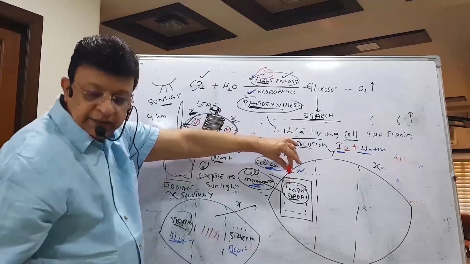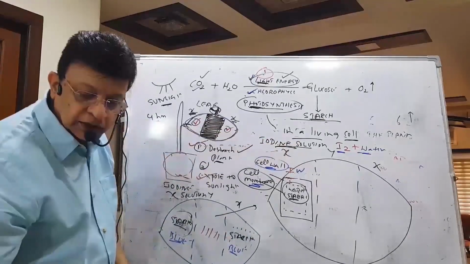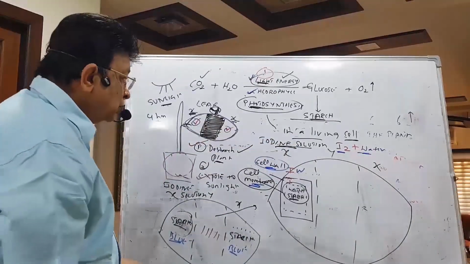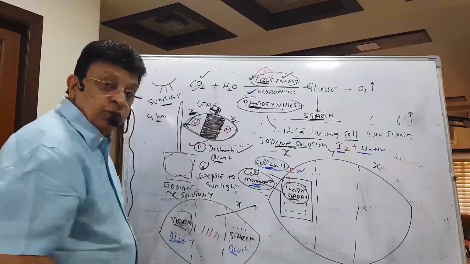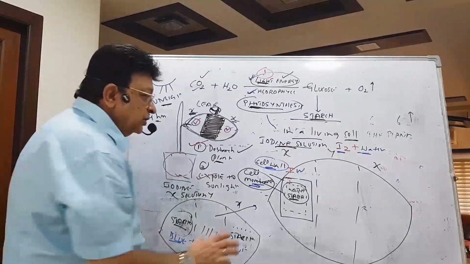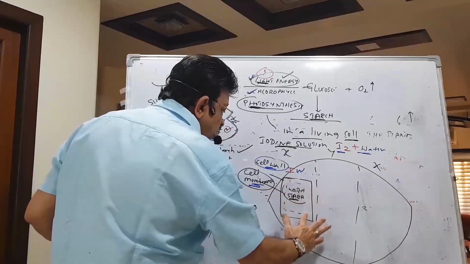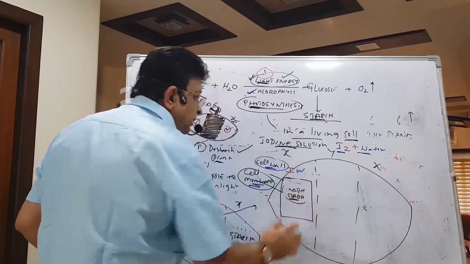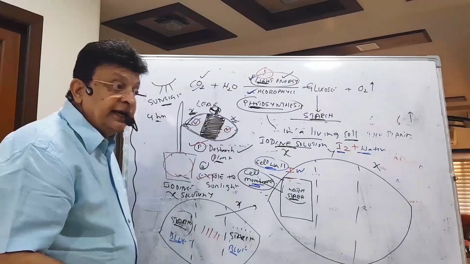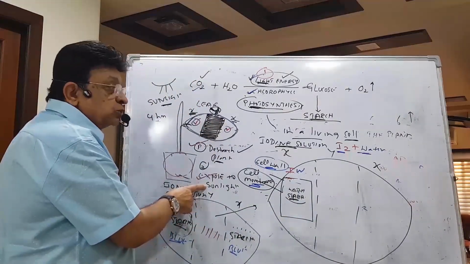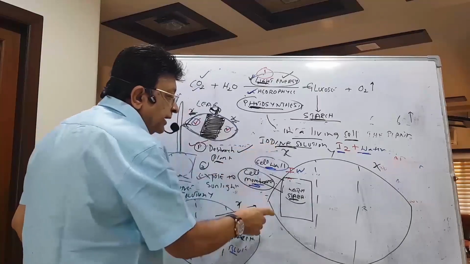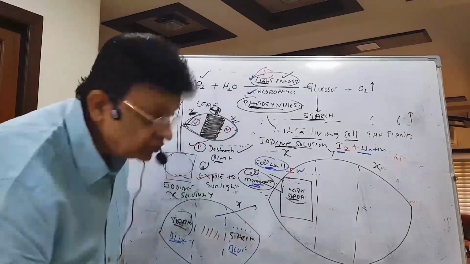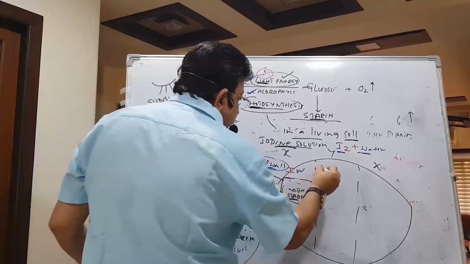Iodine is a solute and the semi-permeable membrane does not allow the solute. So, if you want your experiment to be correct, you will have to destroy the semi-permeable membrane. Pay attention again. After you have exposed to sunlight and before you add iodine, you will have to destroy